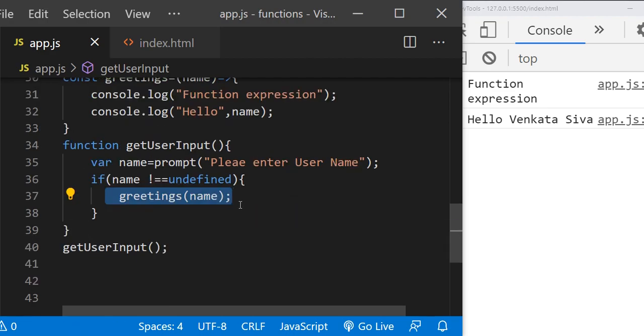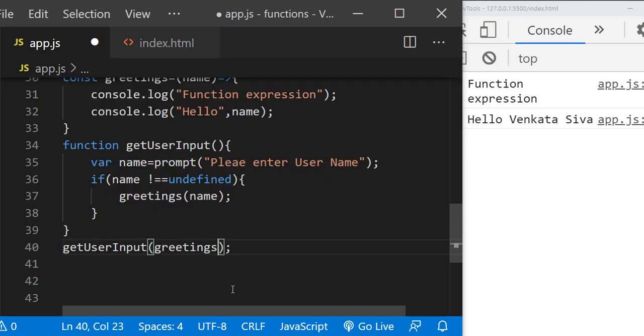This one we can do in another way by using the callback function. Instead of calling like this, we can pass the greetings method as an argument to getUserInput. Here I can pass greetings, and it should accept a function here. Let's say I mention it is a callback.